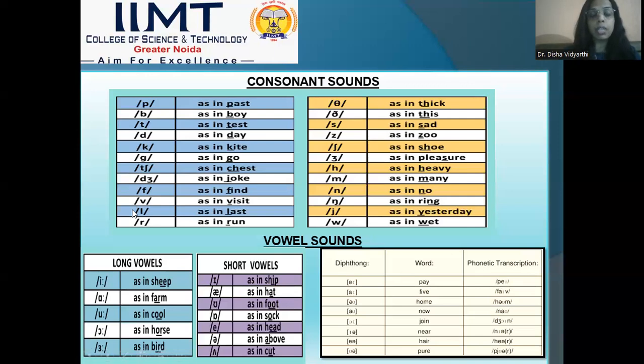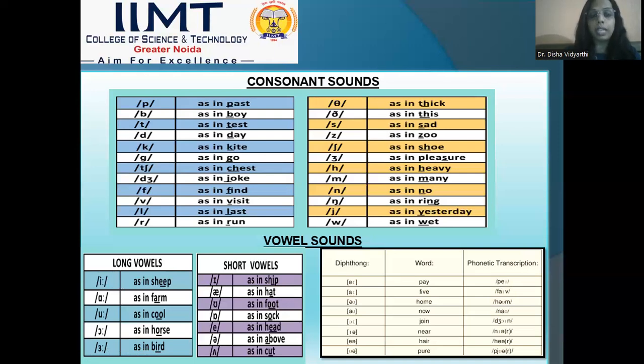So these are the consonant sounds. On the lower side, you can see long vowels and short vowels. After consonant sounds, we have vowel sounds, and those vowel sounds are bifurcated into long and short vowels, and then further into diphthongs. First, we will start with the long vowels. If you can see, all the long vowels over here are written within the slash, but with a colon sign. So this is one of the symbols you can associate with this understanding, that all the long vowels have the colon sign. If you can see the E sound in "sheep", it is elongated.